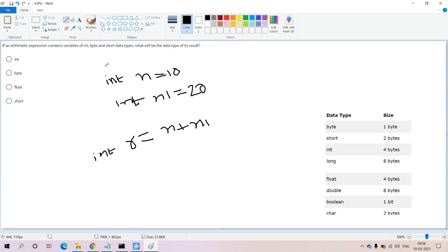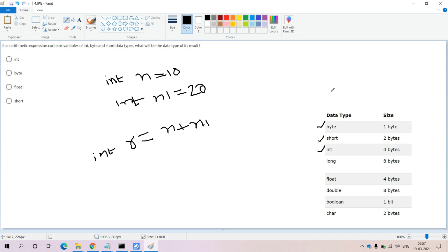But here the question is about an arithmetic expression having different kinds of data types: int, byte and short. Before explaining this question, you have to understand the capacity of byte, the capacity of short, as well as integer. Out of these three data types, integer has the highest capacity when compared to the remaining two.